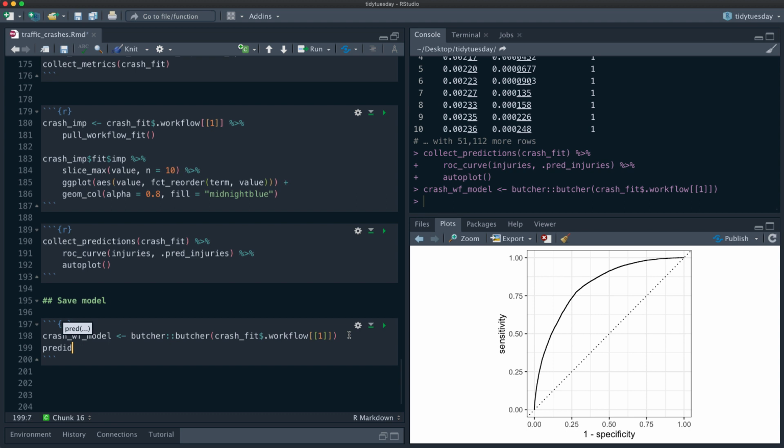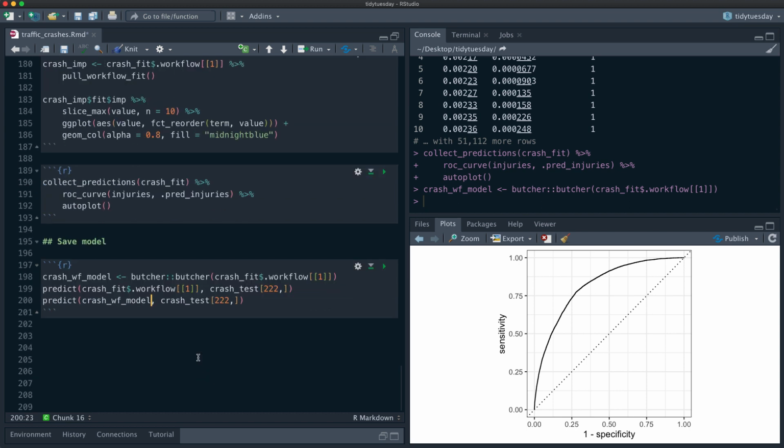So if we predict with crash fit, what I want to do is show you that they're the same. Crash fit workflow one, like this, and let's just take what's from the crash test, and then let's do the same thing after we've butchered it. What butchering does is it makes it as small as possible. The bag tree model is already pretty small, so it doesn't really have a ton of